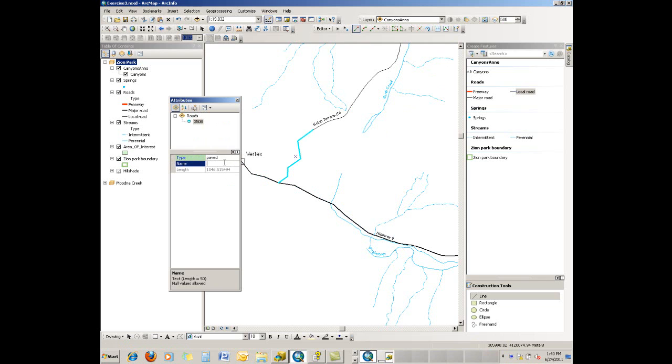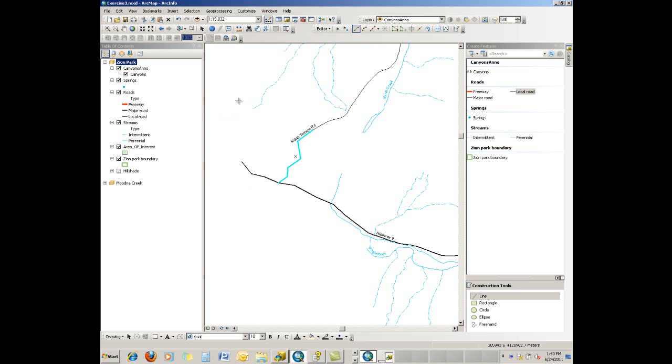Now I still have to put in the name, so let me put in the name of the road here. I think it's road, like that. So what the template did was automatically enter in my type for me, and it can enter in obviously many more fields than just that. But it enters in the type, and it maintains the symbology as you're entering in new features. So the templates allow you to do that, and having all of these layers in the same